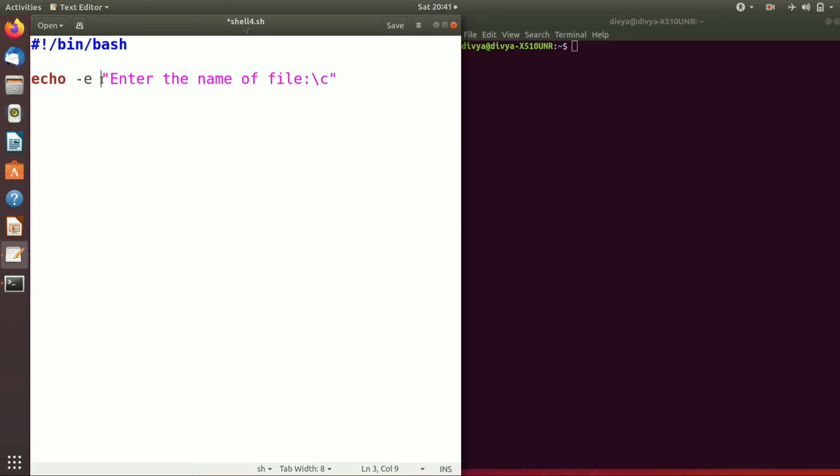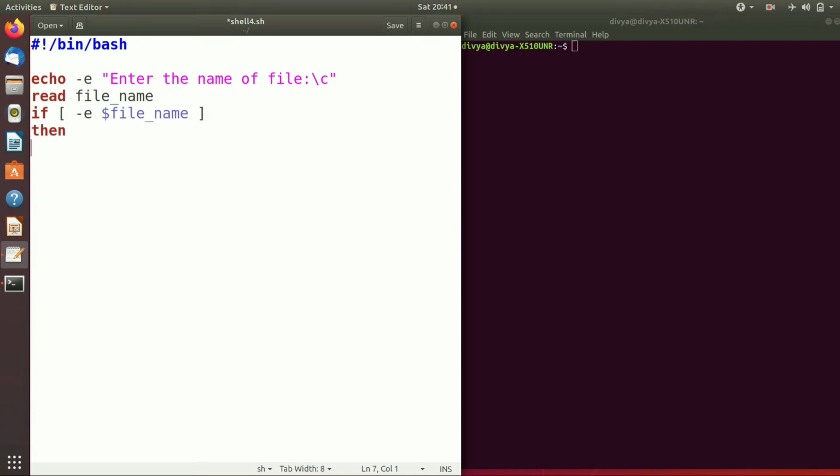Then we are going to use here the read command. Then I want to read, for example, the file name. So filename is a variable here. Then we are going to use an if statement and square brackets. In these square brackets, we will use a flag. For example, we want to check whether the file exists or not. So there is one special flag, -e, and $filename.